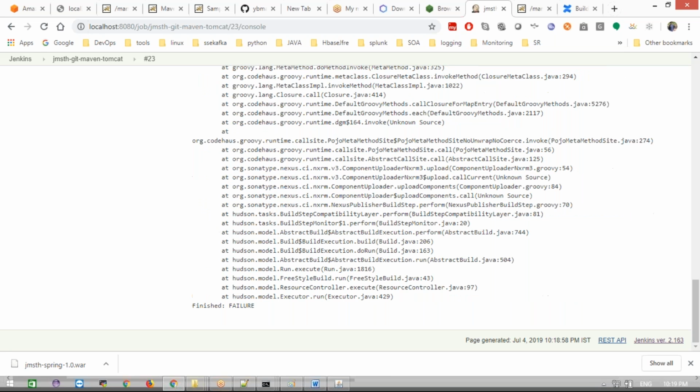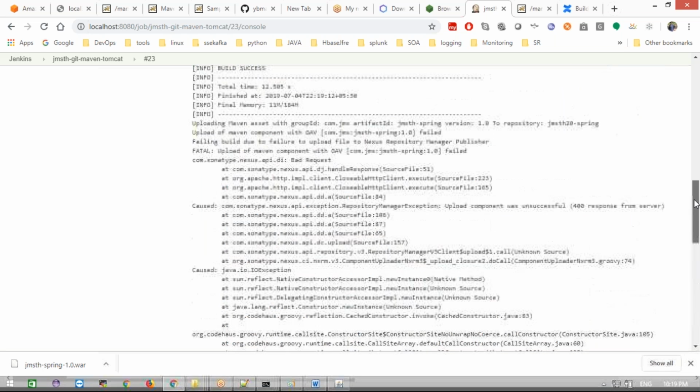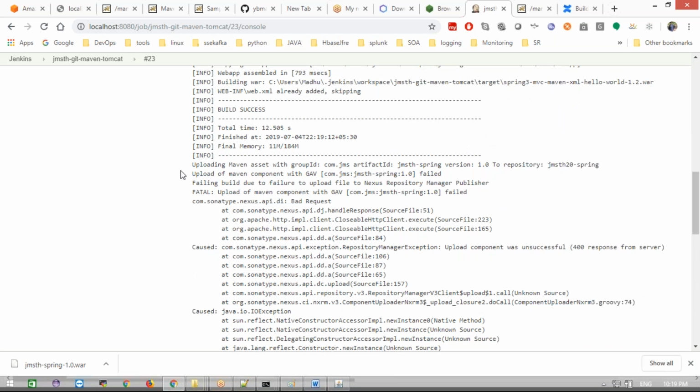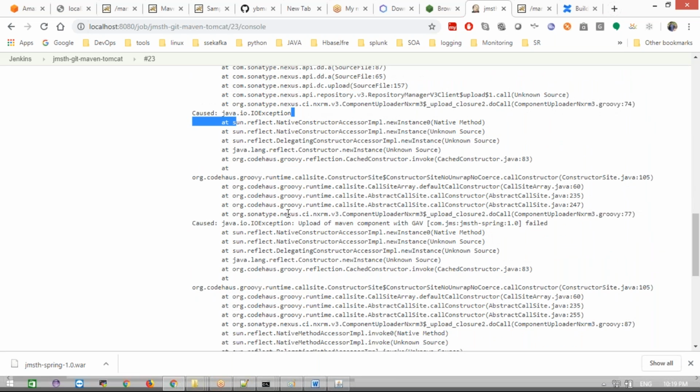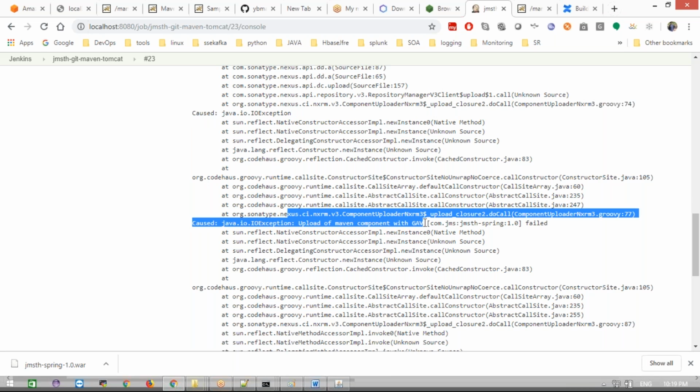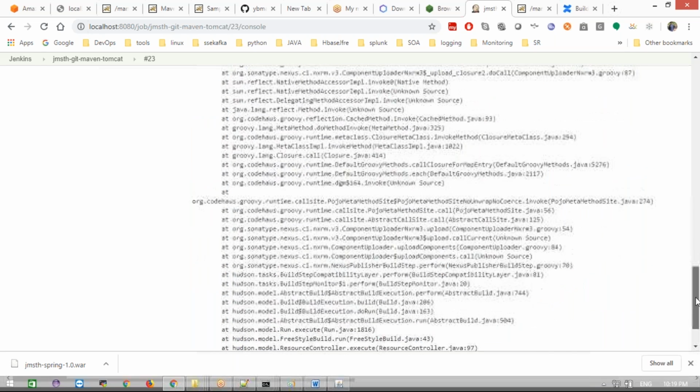Okay, inside my Jenkins I did not change it. Now it's showing here only. Okay, why is it not uploading? Uploading of the Maven component is a failure because the component was unsuccessful. The reason is a little further down. If you are able to understand this, upload Maven with GAV means that you already have the same version, and again you are trying to upload the same. That's why it will cause failure.